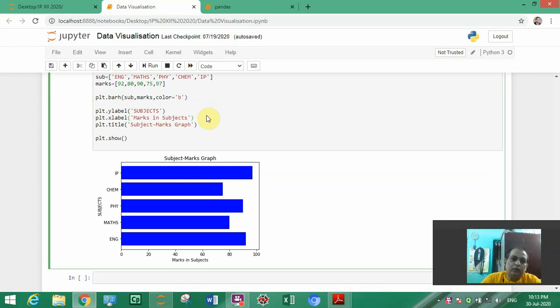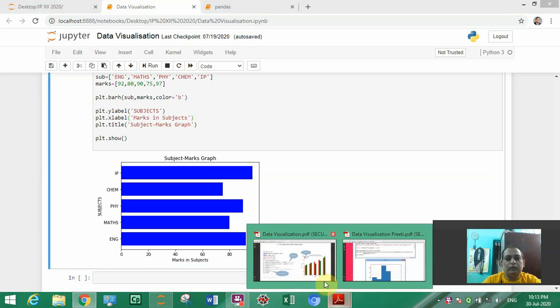Next we will see how to create multiple bar graphs in a single chart. For that I will show one example.